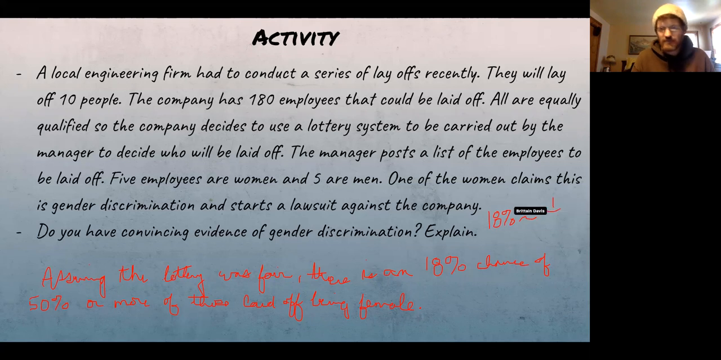One and what? 1/5. It's close to 1/5. 1 in 5 chance. Now, when we put it into that language, does 1 in 5 seem likely or unlikely? And everyone could have a different answer to this,